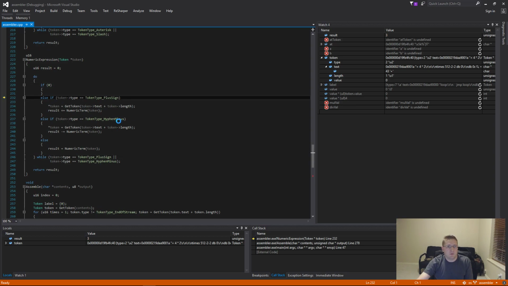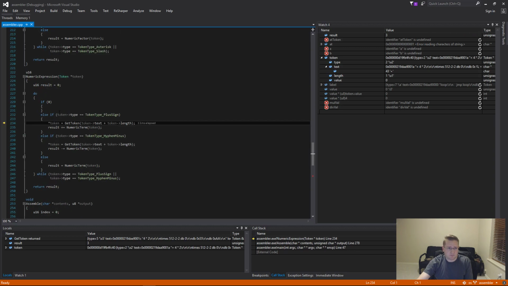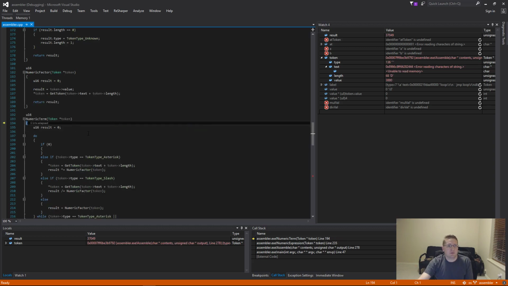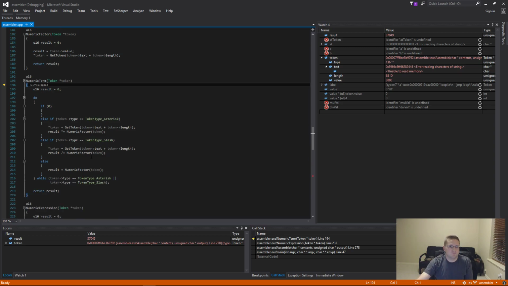It is, so it's going to consume the plus, and then it's going to say, okay, the next value should be a decimal or a hexadecimal. So it's going to, well, it actually doesn't know that. It's just following the